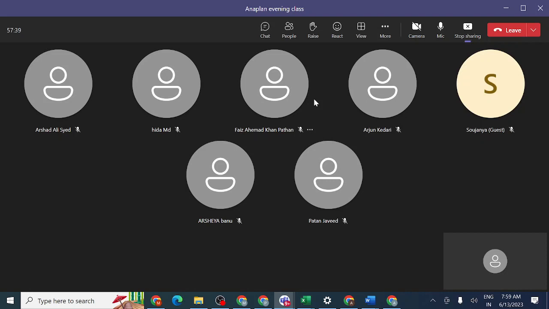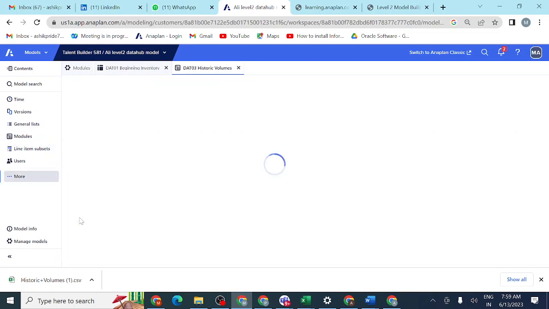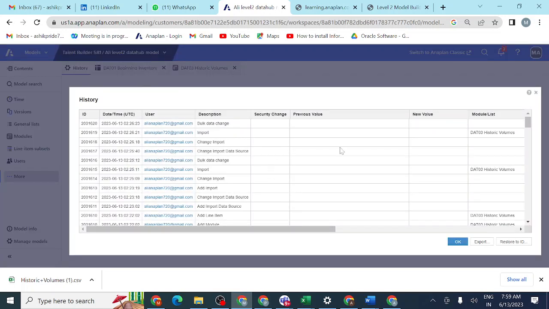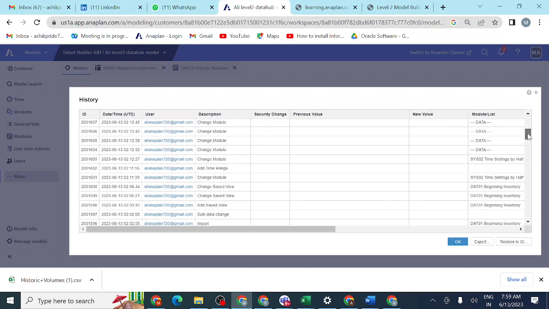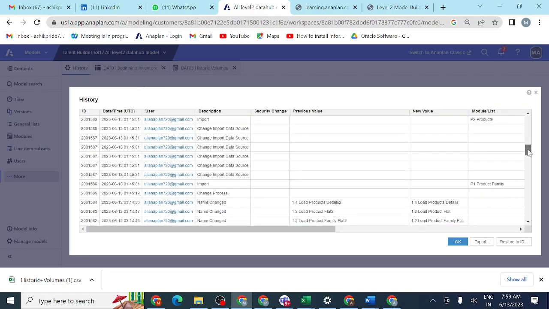So if you want to go back to that state, for example if I have done so many activities till now and I don't want all these activities, what should I do? Simply, I can see here the history, the changes in the last 24 hours. I can see from morning onwards what I have done. This is 13, this many activities I have done so far.